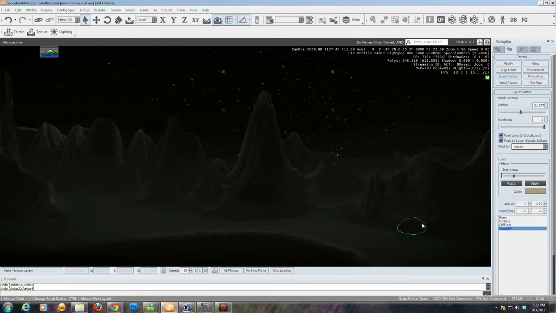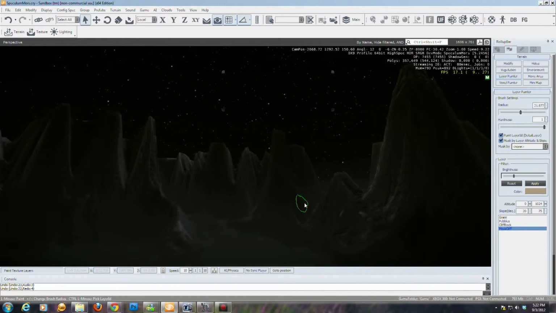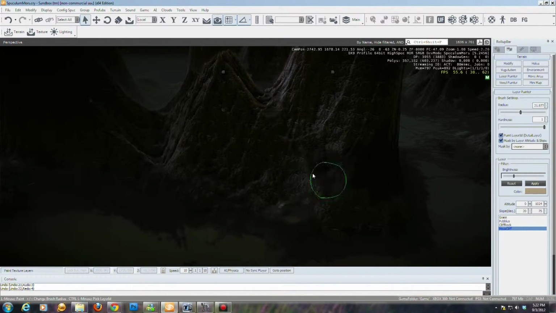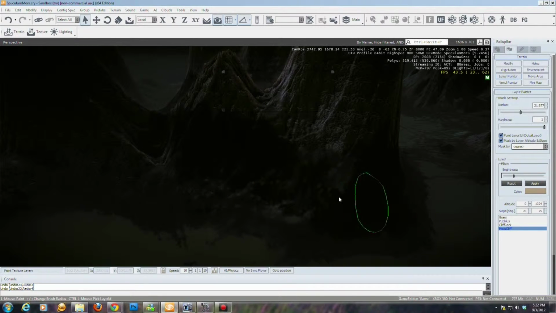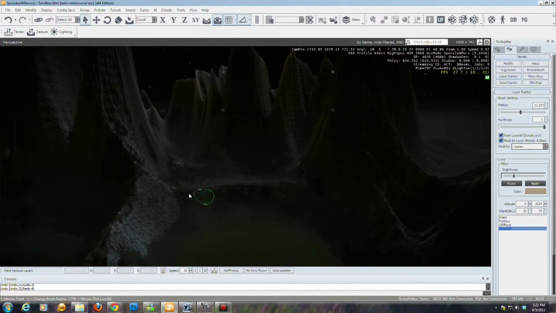And basically, what I'm trying to do is, how can I explain it? As I said before in the previous video, I want these mountains to feel like teeth, very sharp, very jagged, and